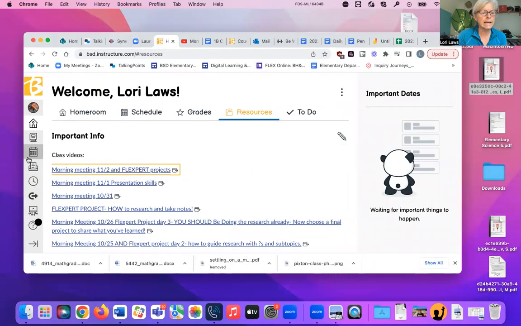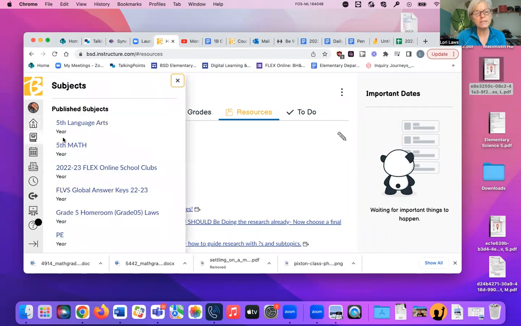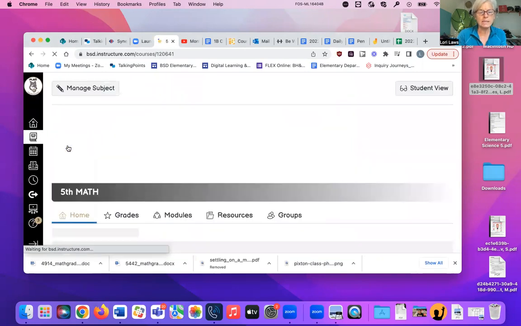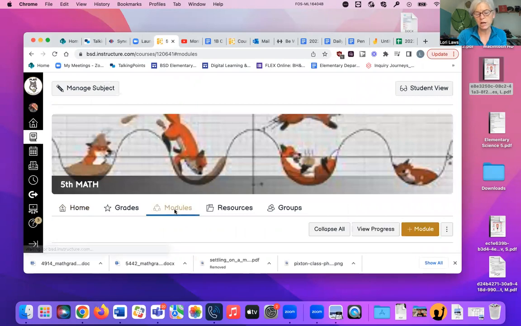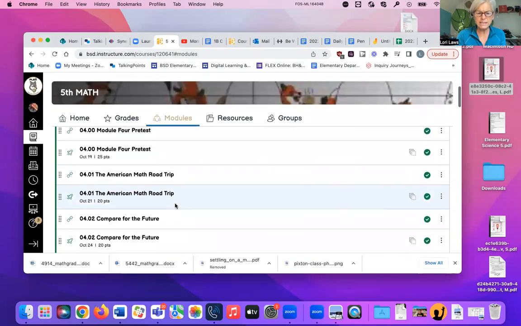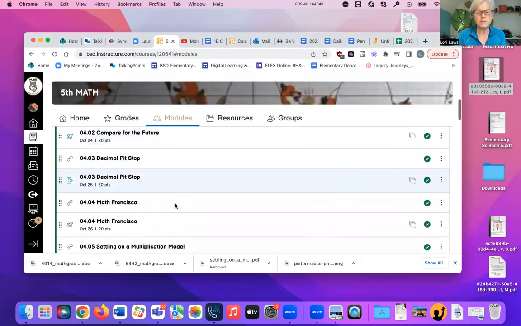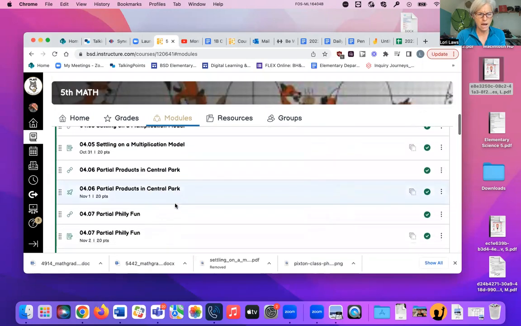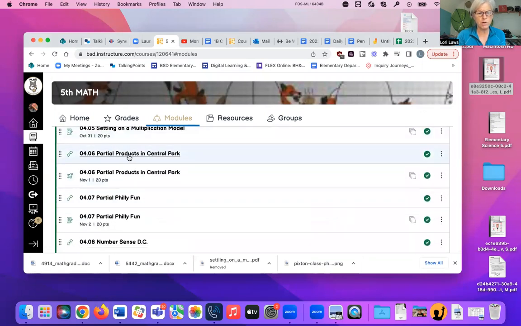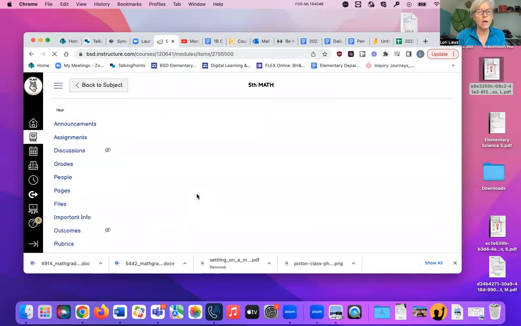The last 3 lessons really have been about different ways that you can picture and see and understand what multiplication of decimals are. You don't need to become an expert at every strategy on how to do this, but it is useful to see it from a lot of different perspectives in order to understand it. I noticed yesterday when you were doing the partial products model, you were having a little bit of a hard time with it. So I wanted to demonstrate with 4.07 today what they're talking about when they're talking about partial